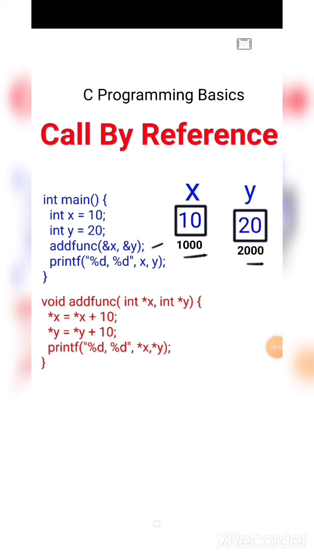Here in the function call, you can notice &x and &y, where &x means address of x and &y means address of y. So here we are passing the address of x and the address of y to the function definition. Now in the function definition, we are receiving addresses of the variables, and to receive the address of a variable, we need to have a special kind of variables. This special kind of variables is called pointers. This is how you define a pointer: a variable name with a star in its prefix.